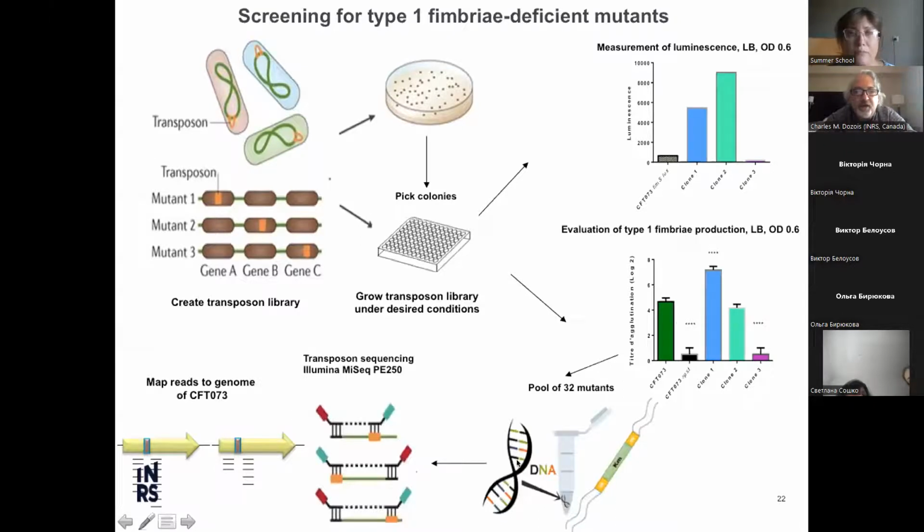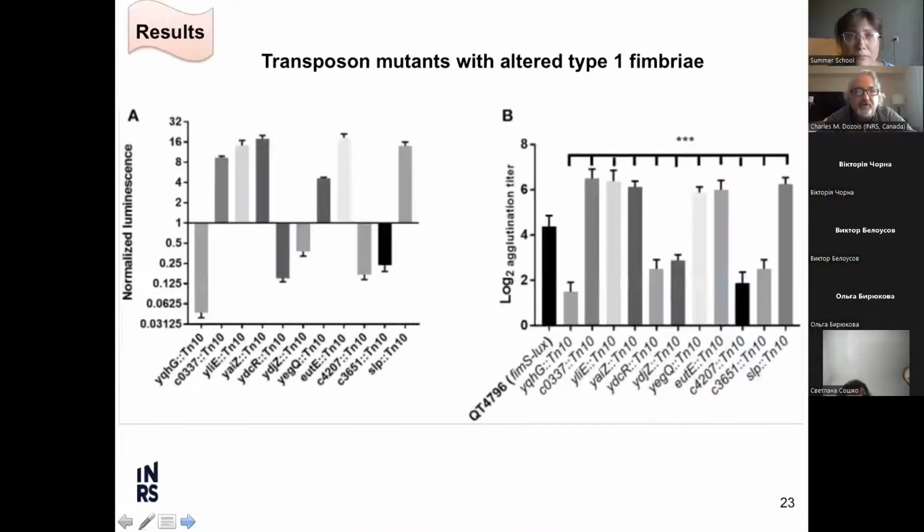So we just obtained ones that had lower light emission and lower yeast agglutination, and then by sequencing, we're able to identify a variety of mutants. So some examples here, and what's interesting is we had some mutants, obviously we're interested in ones that had decreased light emission and then decreased agglutination titers, which is suggesting they're going to be making less of these type 1 Fimbriae, and they could potentially be attenuated. We haven't even started to look yet in some of the groups that make more of the Fimbriae, but this